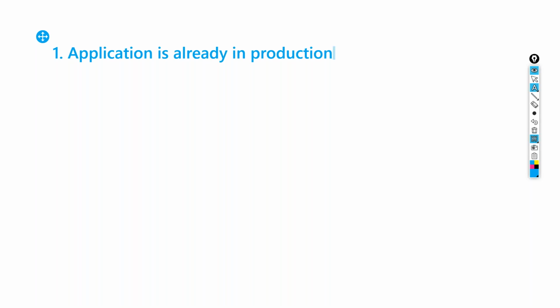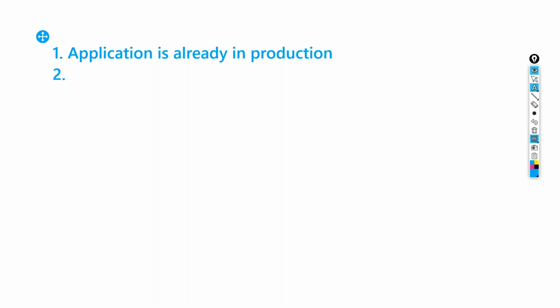Okay, that 900 will be counted for the load test for us. So based on the number of visitors only, we can identify the number of users. And based on the number of page accesses, you will be identifying the number of transactions. So this is the first scenario, because the application is already in production, you are getting the production logs for the last 9 months or 1 year.